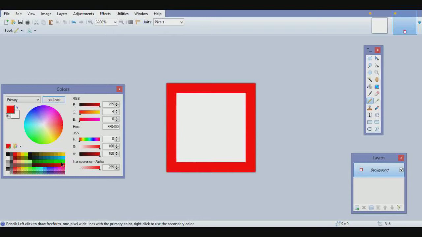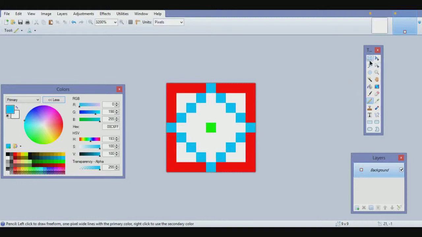Now in the middle of this square you just created, you're going to want a different color dot, and then you are going to draw a diamond around the green dot. So just do that, and you have created the grid base. Now what you're going to want to do,